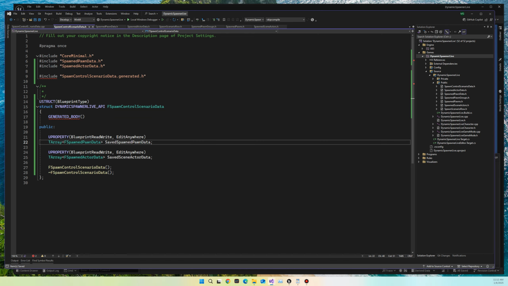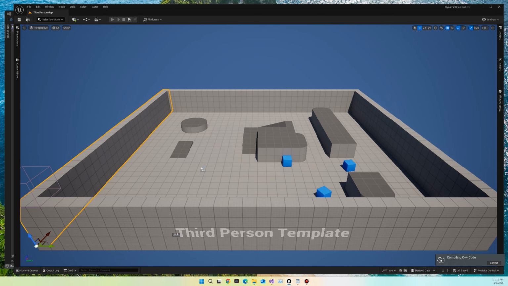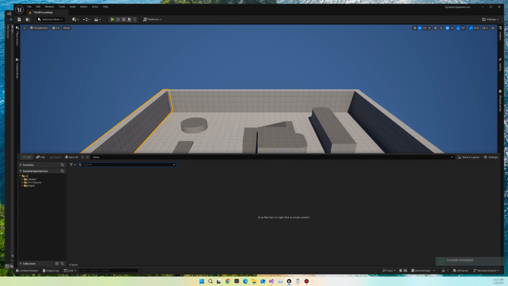Alrighty, so that should be it for all the classes. So let's just compile, make sure everything looks good. Yep, good, clean compile. All right, so finally, let's just finish up by just stubbing out that data table and that save